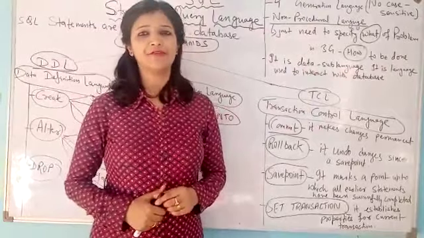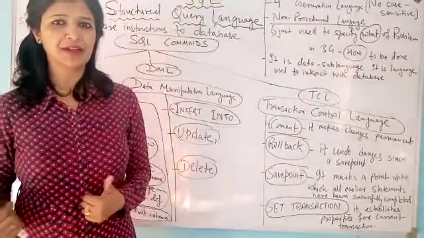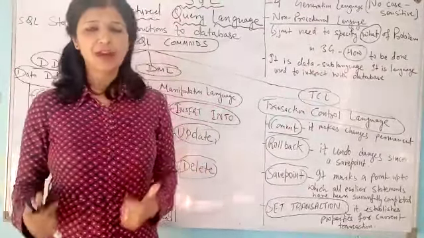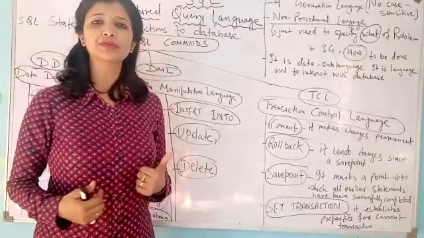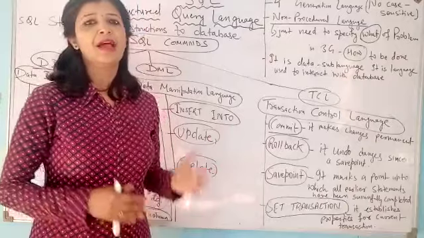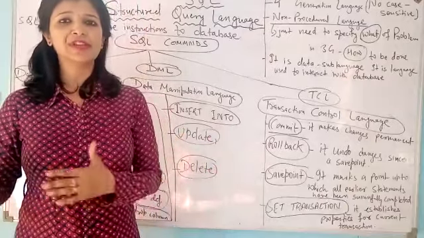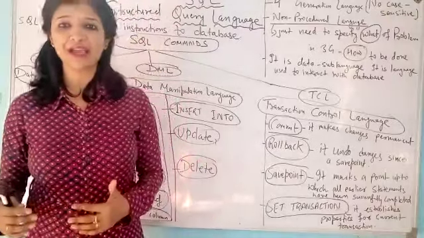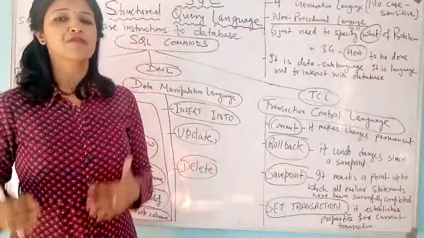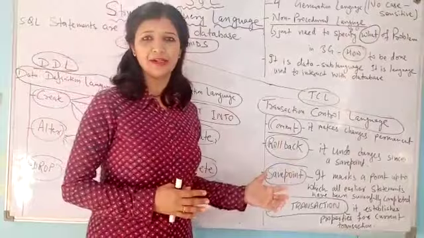As we know, every application has two parts, front-end and back-end. Front-end is used to interact with the user and back-end is used to store the data. As we know, lots of DBMS and RDBMS software are there, for example, MySQL and Oracle, which are used to store the data.